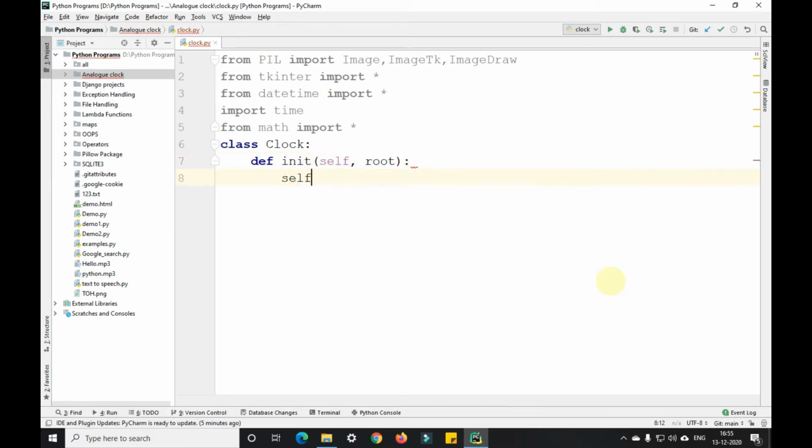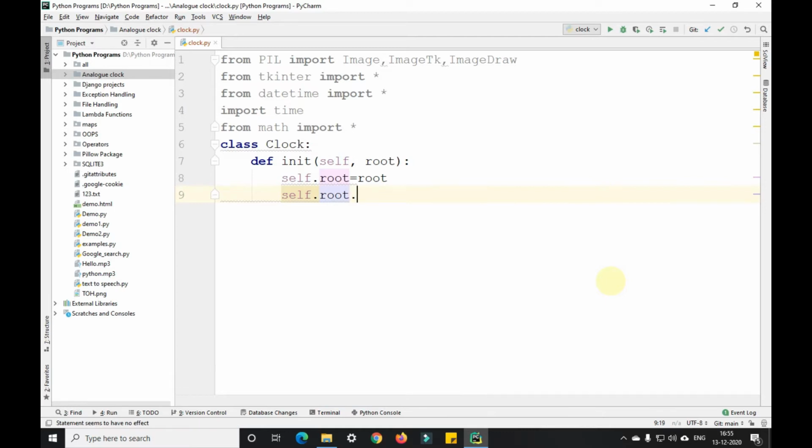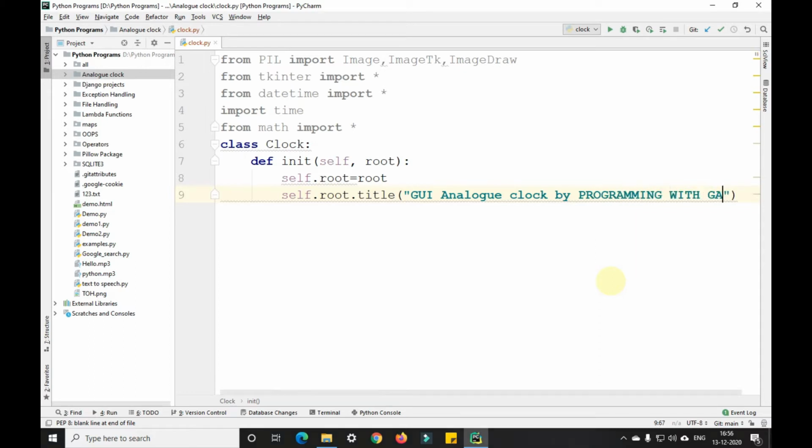Okay, self.root equals root, and self.root.title, GUI analog clock by Programming with Gautam.